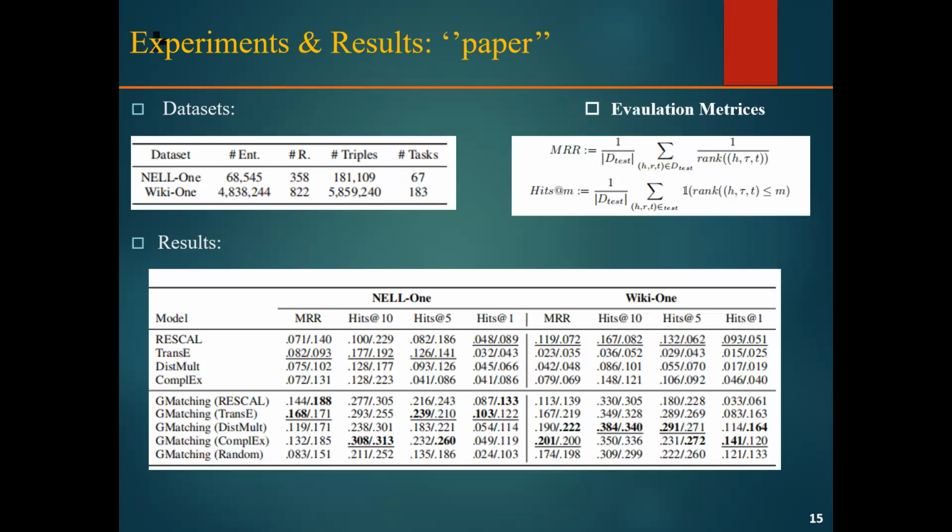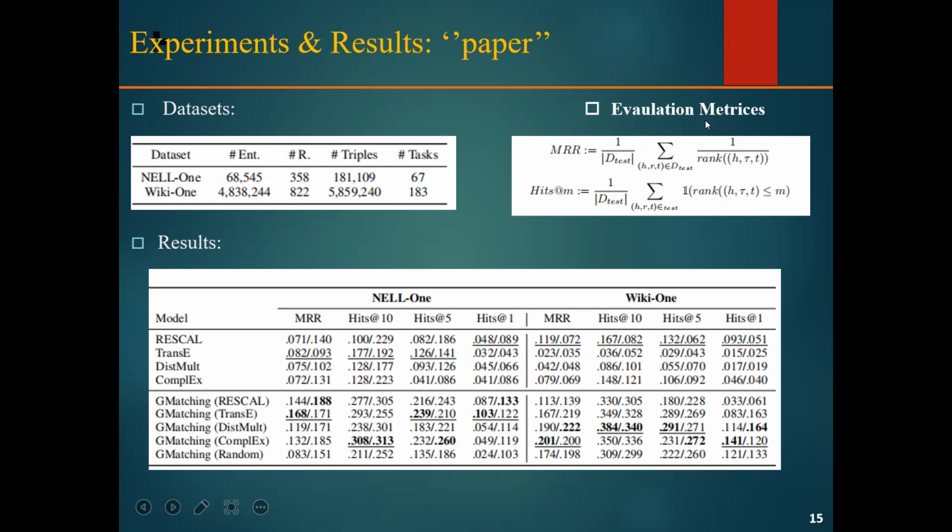These are the datasets they use and the information about the datasets. The Wiki dataset is very large and takes a lot of time to run, or when I pass it to the model. So I go with the Nell dataset for this implementation. For evaluation methods, I use the same as they use,